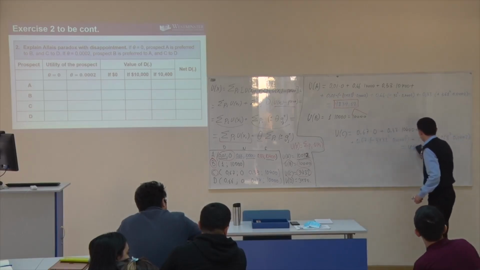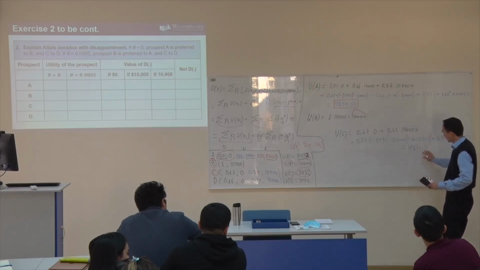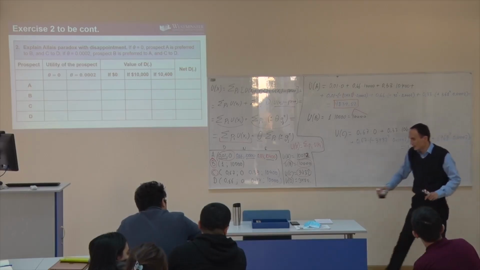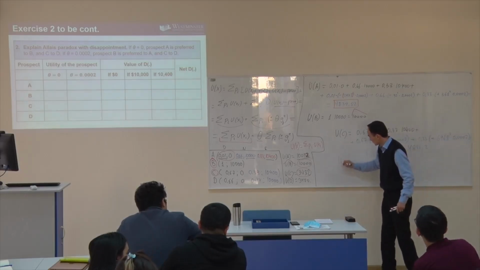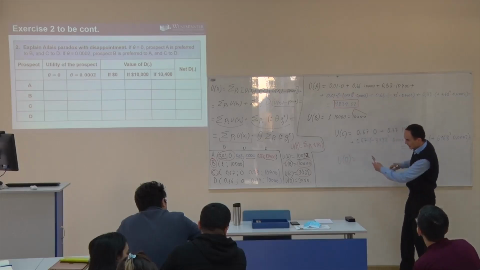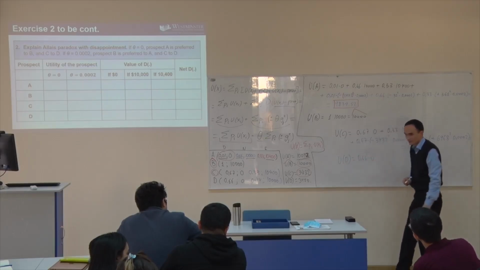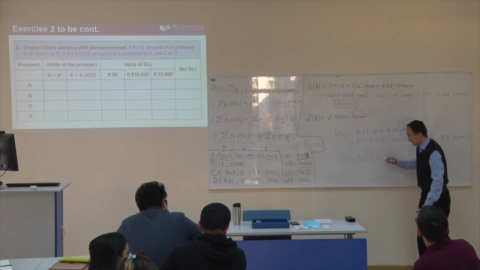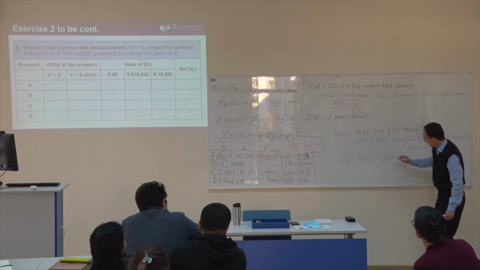36. So this is going to be the result. And if you calculate it for prospect D, in the case of prospect D, there is 66% probability of getting 0 plus 34% probability of getting 10,000